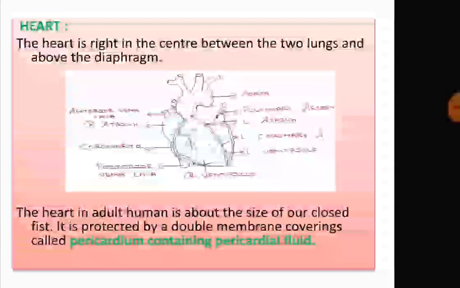Now, we have a common belief that the heart is located on the left side of the chest, though the heart is actually situated right in the center. The reason behind this is that the narrow end of the triangular heart is pointed towards the left side, and during mechanical work, the contraction of the heart is most powerful at this end. So we get a feeling that the heart is situated on the left side.